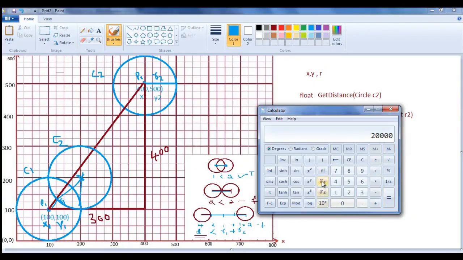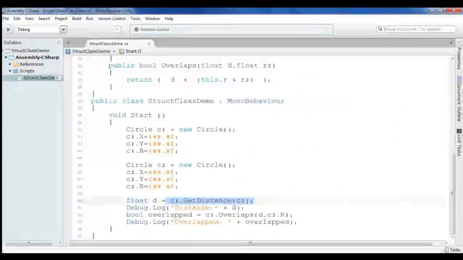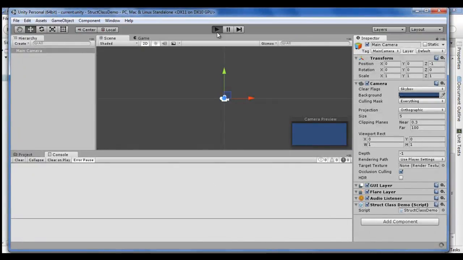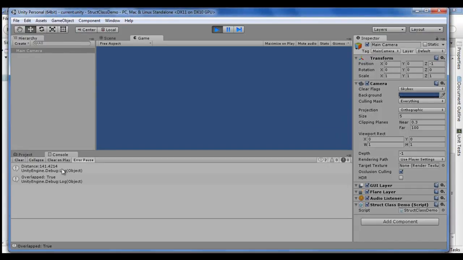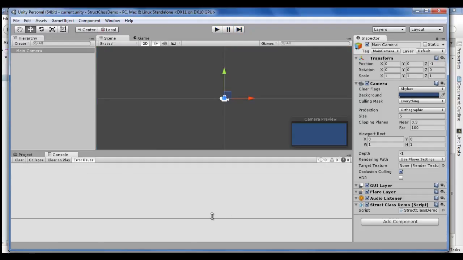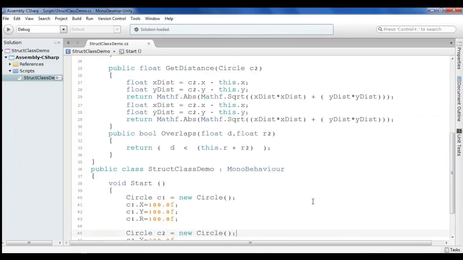If we calculate the square root of it, 141. So that is the distance it is calculating. So let us run the code. We got the distance 141. 141, we know that it is less than 200. So we get the result true.